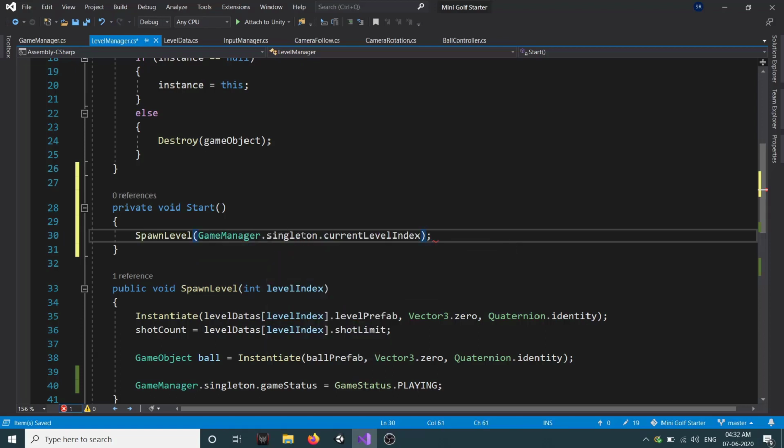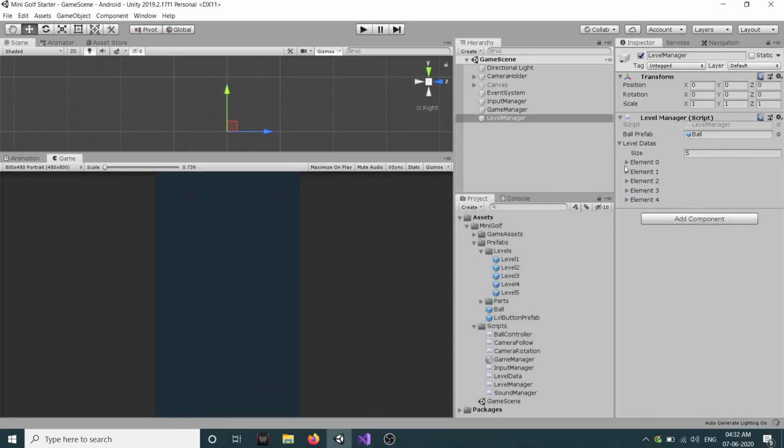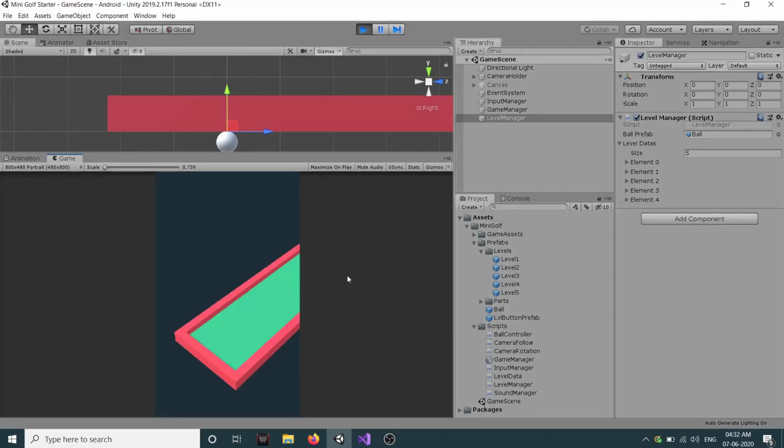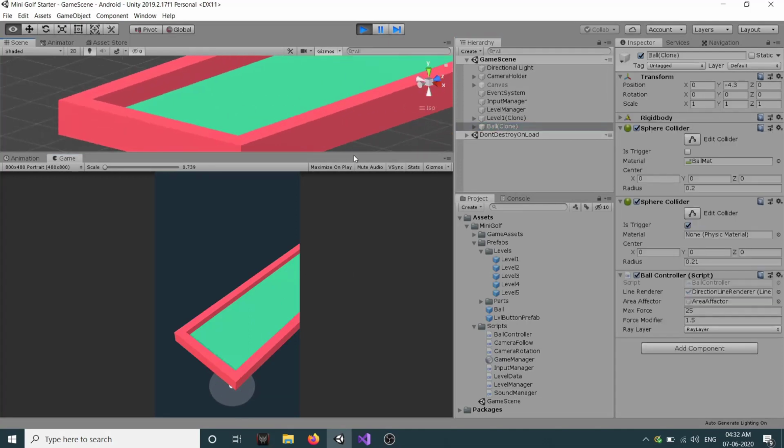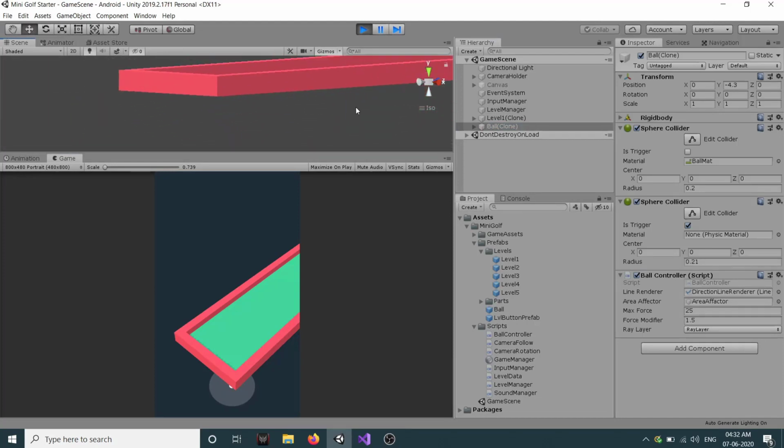Now we all know that currentLevelIndex in GameManager is 0 by default, so the 0th element level will be spawned. So if I click on play, you can see we are spawning our ball, but our ball is spawned at a wrong position, that's why it is falling down. So we need to make some adjustment.